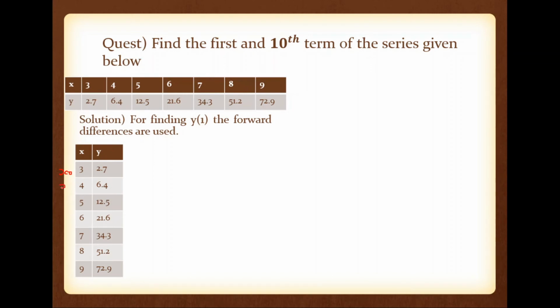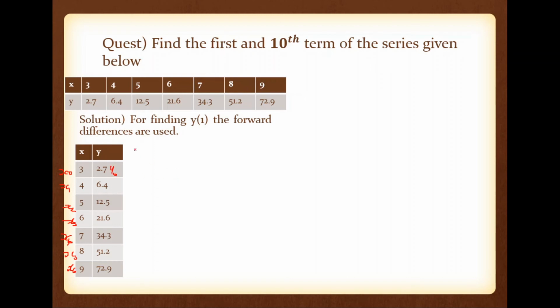So first one is x0, second one is x1, third one is x2, next one is x3, then x4, x5, x6. You can see that the last one is x6, means n equal to 6. Why? We have 1, 2, 3, 4, 5, 6, 7 data. N plus 1 equal to 7, so n equal to 6. So we can find a maximum for nth degree problem. You already have that function. So now what we have to do? This is y. So please note this is x0 and this is y0. Please keep in mind.